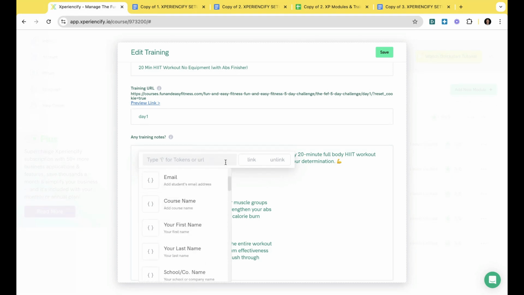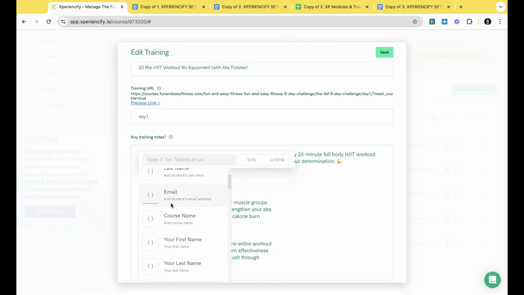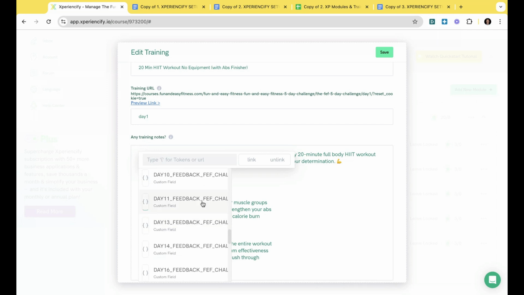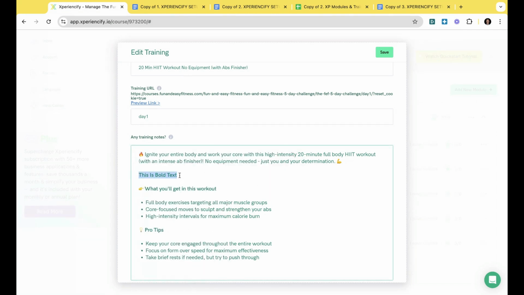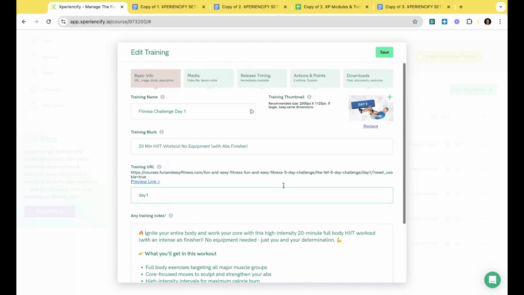I can put a URL, or I can choose one of the tokens that we have, like the course name, et cetera. So that's sort of an advanced markup, but something that you'll see throughout.